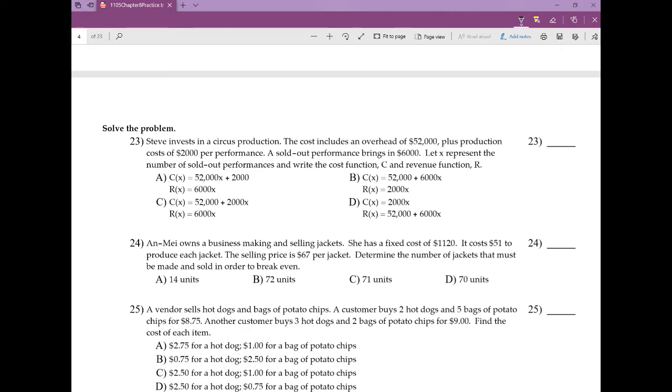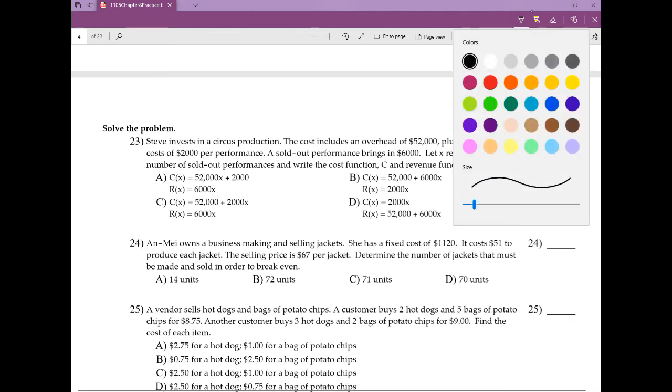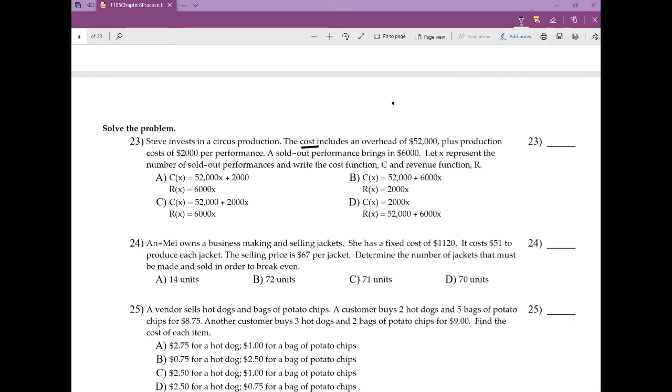And so on this one, it's very simple and straightforward because they're kind of telling you already what they're looking for. And so notice that this cost is already laid out for you. So they're telling you it includes an overhead of $52,000 plus the production cost of $2,000 per performance. That's your X. So we already know that the C of X for this equation has to include the $52,000 because that's the overhead for just having the theater, plus the $2,000 per performance, and we're going to call that